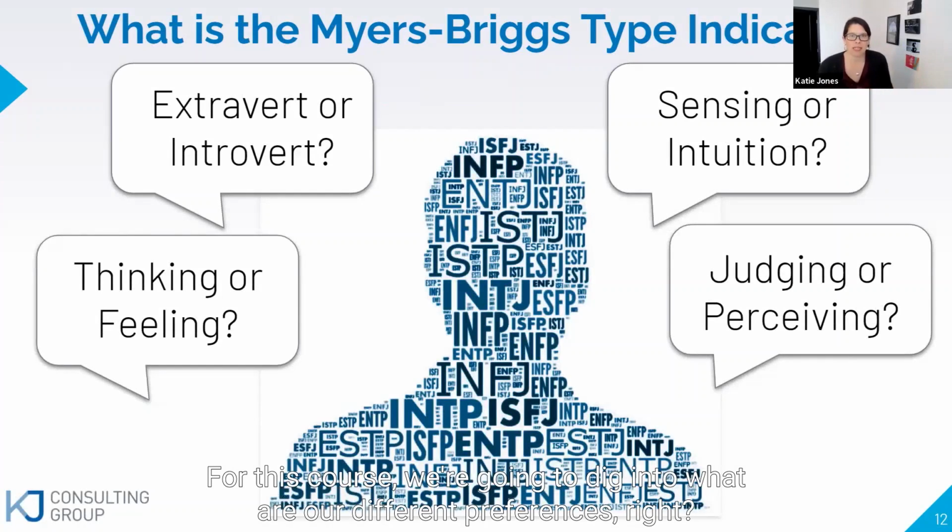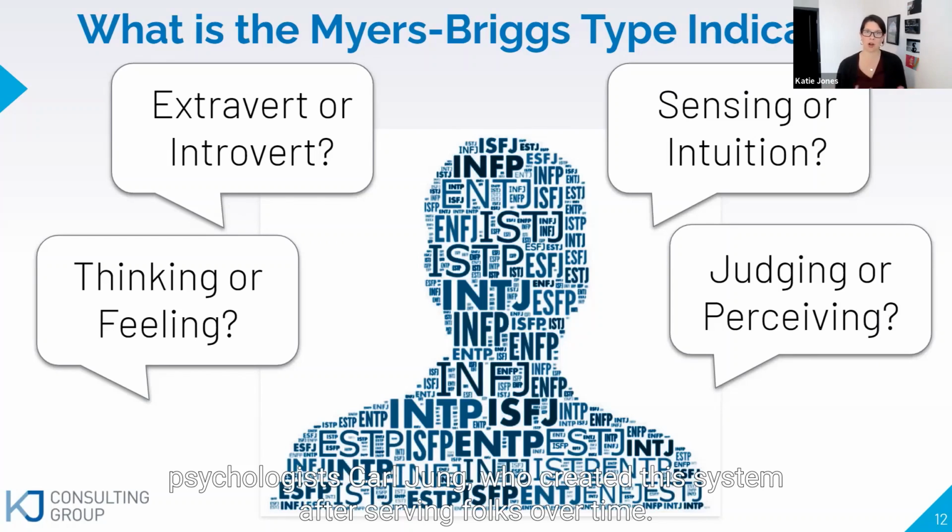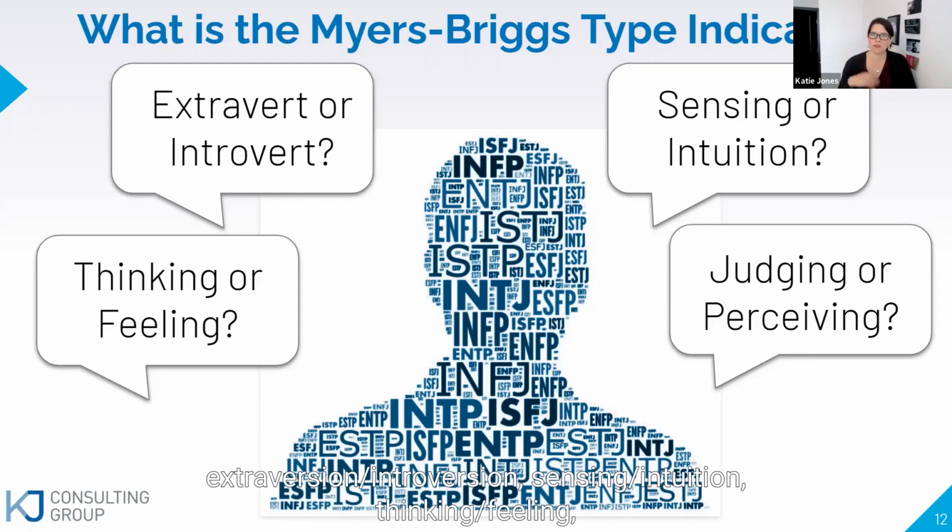Throughout this course, we're going to dig into what our different preferences are, right? We've got extrovert or introvert, sensing or intuition, thinking or feeling, judging or perceiving. And so where did this come from? This came from psychologist Carl Jung, who created the system after observing folks over time. And he wrote about it in a book called Psychological Types in the 1920s. He wrote about extroversion and introversion, sensing, intuition, thinking, feeling, and then the concept that has now become judging or